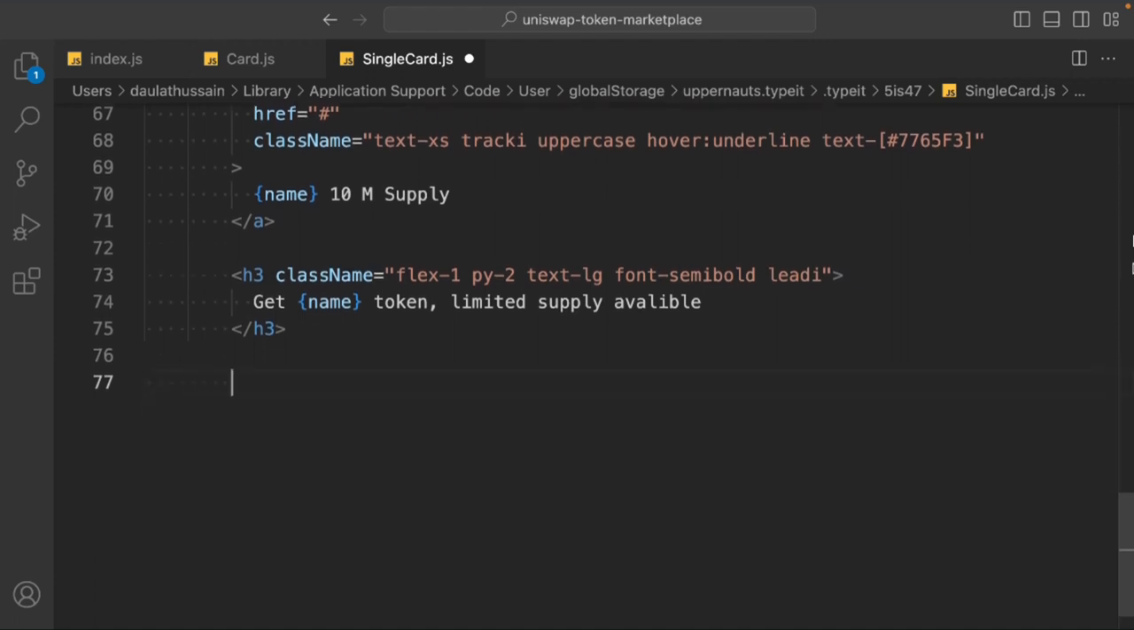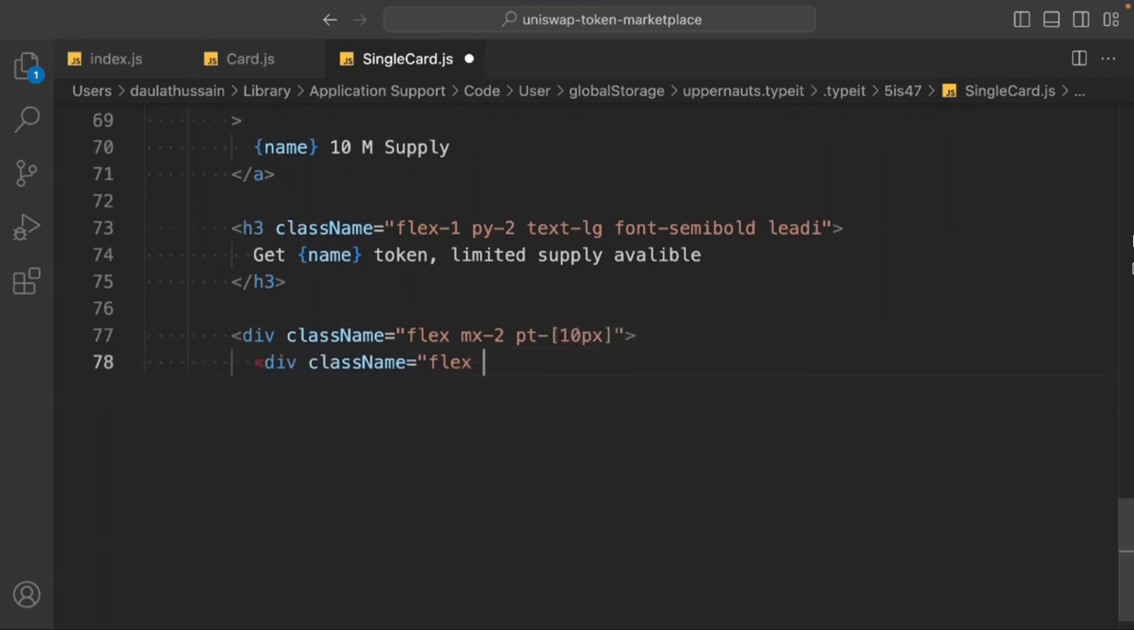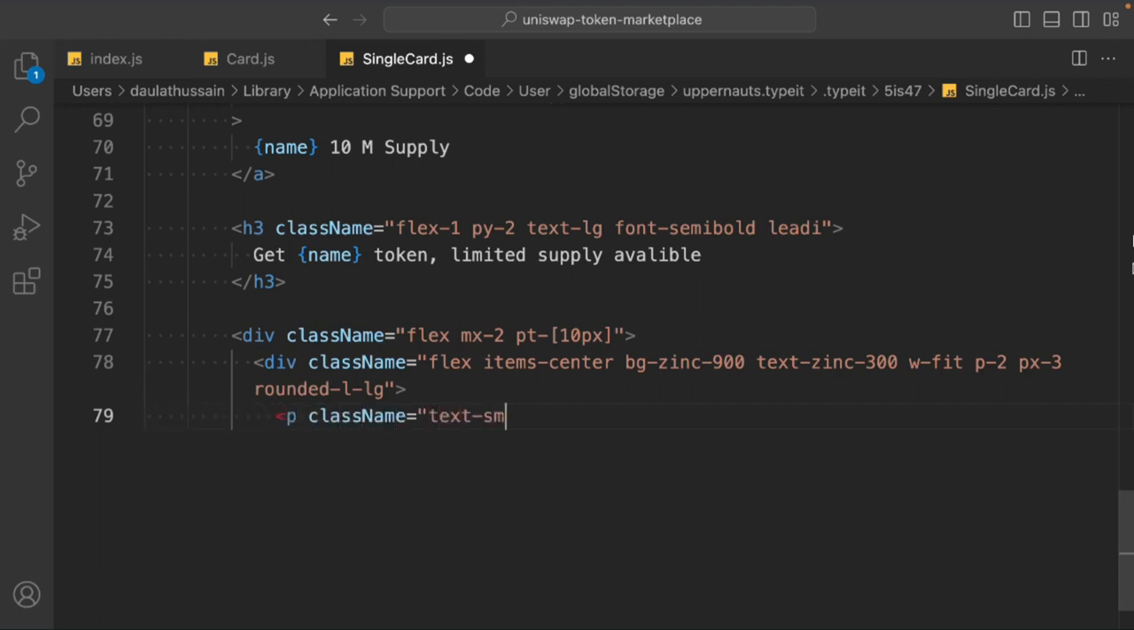We'll take a div. It will have a class called flex, margin x 2 pixels, padding top 10 pixels. Inside the div, we'll take this div. It will have a class called flex, item center, background zinc 900, text zinc 300, width fit, padding x 3 pixels, rounded L large. Inside the div, we'll take the p. It will have a class called text small. We'll display the name of the token,